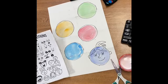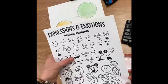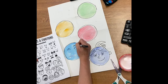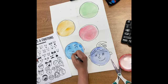Now I have this blue color. To me, that feels like a more excited happy, something like that. So I'm going to take it and I'm going to do eyes, eyebrows. That one has little eyebrows. Nose, mouth,